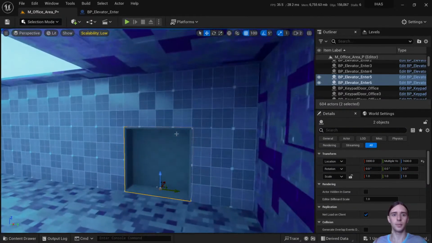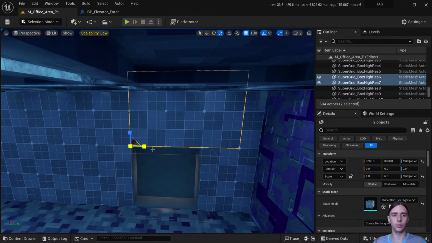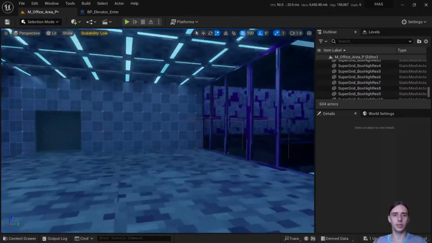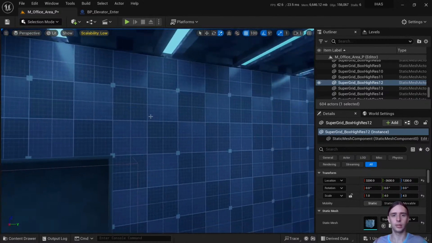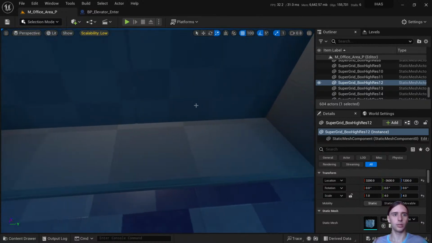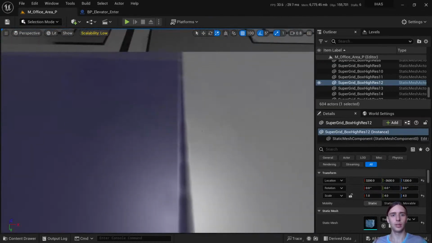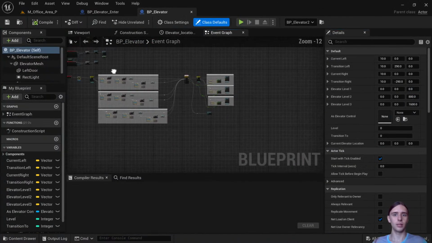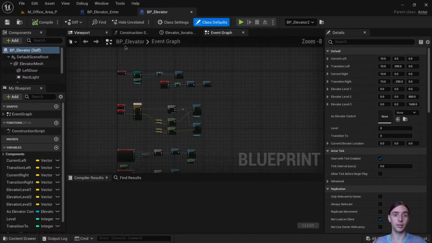And to this part. Okay, I should fix this actually. I will just move it right here, just scale it a little bit. And from this side, because I don't like this flickering stuff. Like, yeah, so we have this part, and I just select this elevator, and actually I can show you some stuff. It's not as complex actually as I thought it was, but